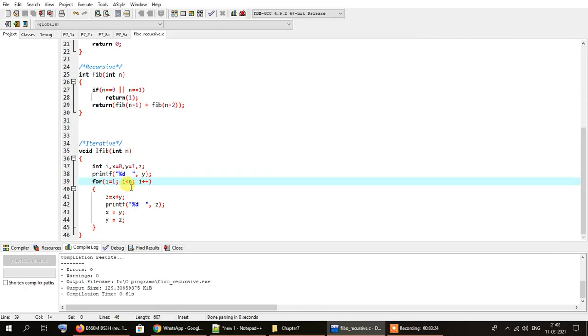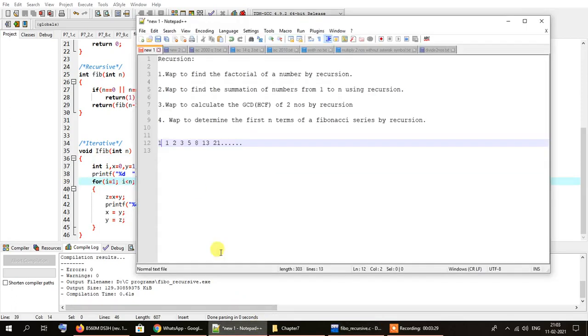Our task is to print the first 8 terms of the series, and out of that we have already printed 1. So right now our job is to print the 7 remaining terms. As we have already printed 1, there is no point in running the loop from 1 all the way up to n. What we can do is start the loop from 2 and go all the way up to n, so that all the remaining terms are printed properly.